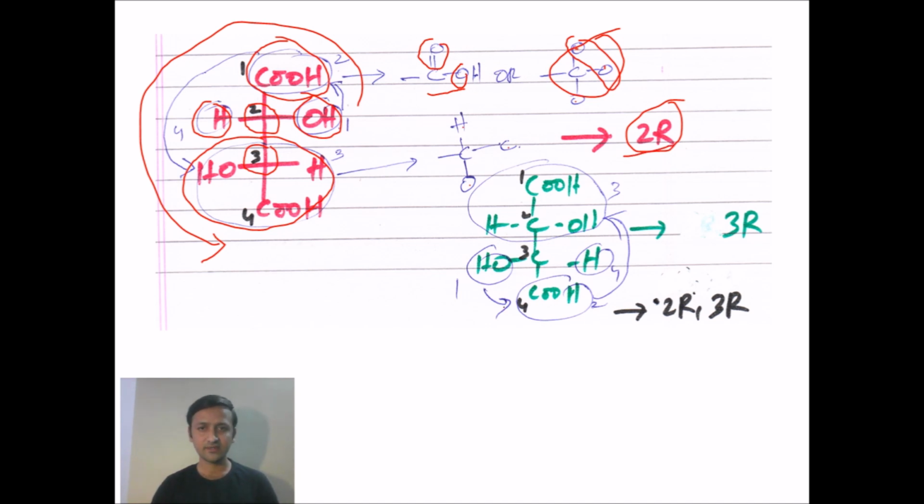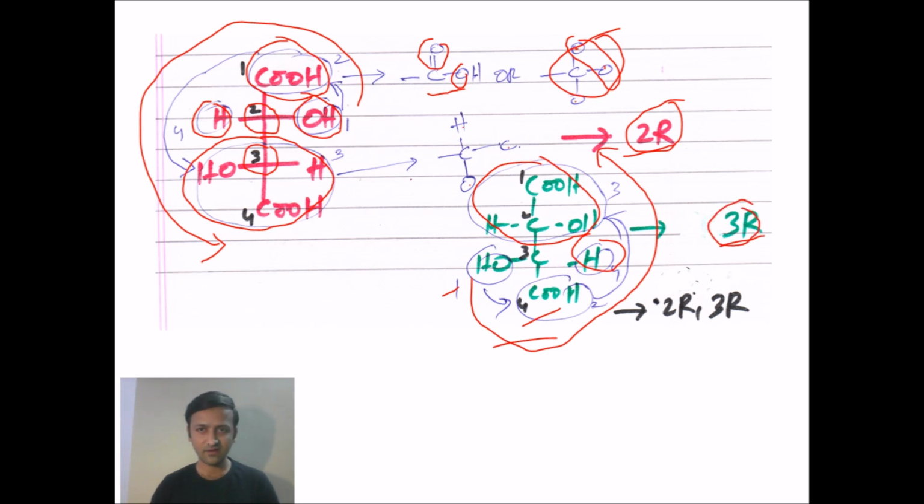Right, let's take the third carbon now. I have taken the molecule separately. We can take the first one OH as the first priority group, right? COOH gets second, and this complete group will be the third, right? And hydrogen gets the fourth priority. Now if we take the movement again, 1 to 2. Okay, so first OH 1 to 2 to 3. We can take the movement again, it's anti-clockwise, to be taken as S, right? But hydrogen comes again on the horizontal line, so we need to invert the configuration. So this is to be again taken as R. So the third carbon is also R.